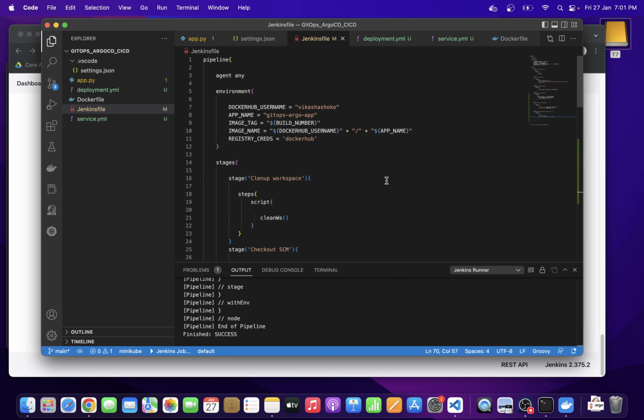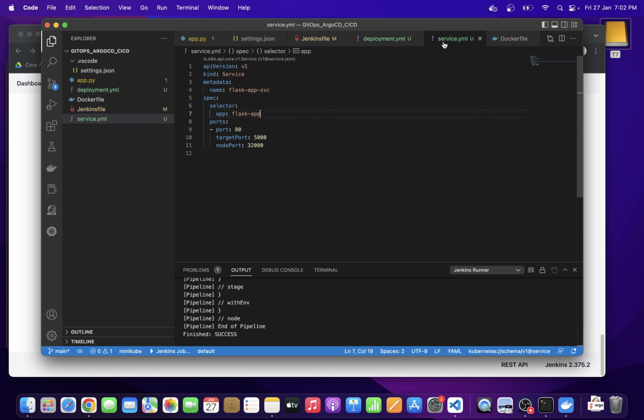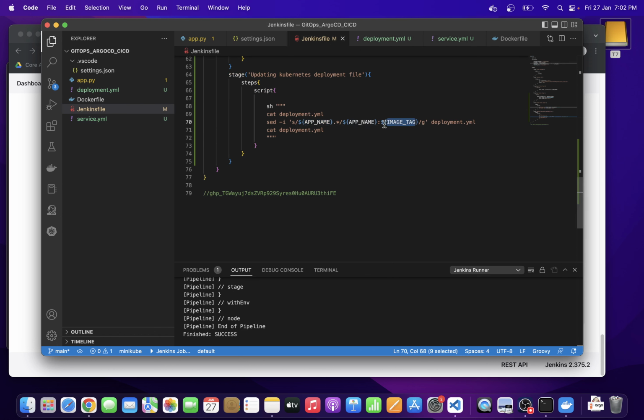Once this is done, we will again check the deployment.yaml file, either the version has been changed or not. So what we are searching for is the string with this application dot something name. If something is matching with this application dot something name, our gitops.argo, it should replace with some particular image tag. Whatever it is including, replace it with the image tag, the particular build number. Once this is done, let's try to run this